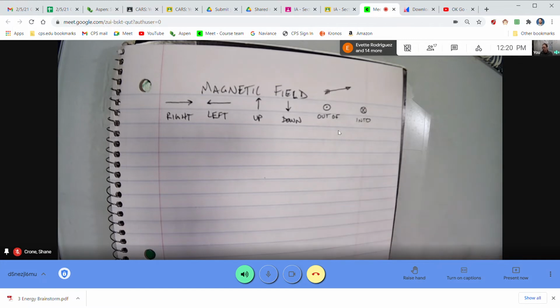All right, so I'm going to show you both of the right-hand rules. Believe me, you're not going to get it right now. I pretty much guarantee you. I've watched a lot of students try to learn this, and I really don't know what the deal is, why it's so difficult to get, but it does seem to take a long time for people to get. So let's look at